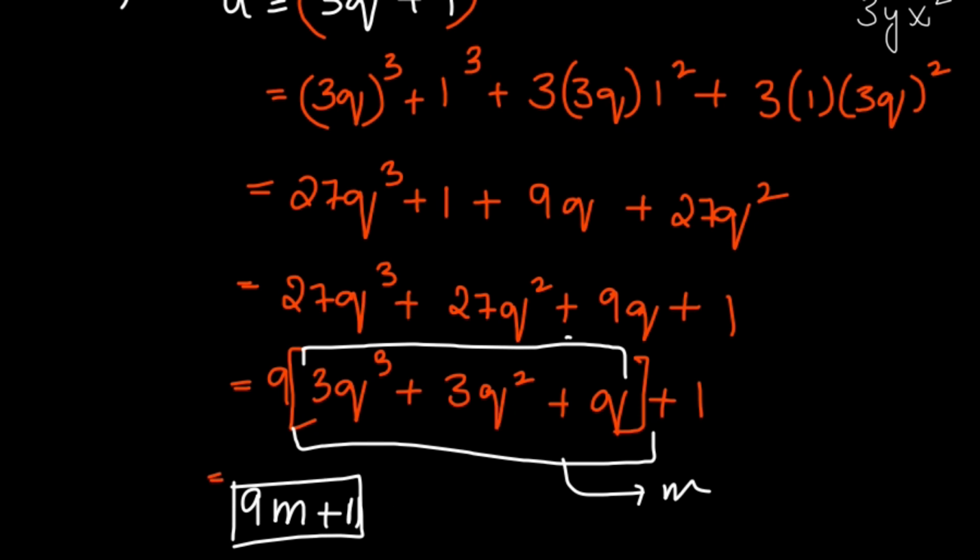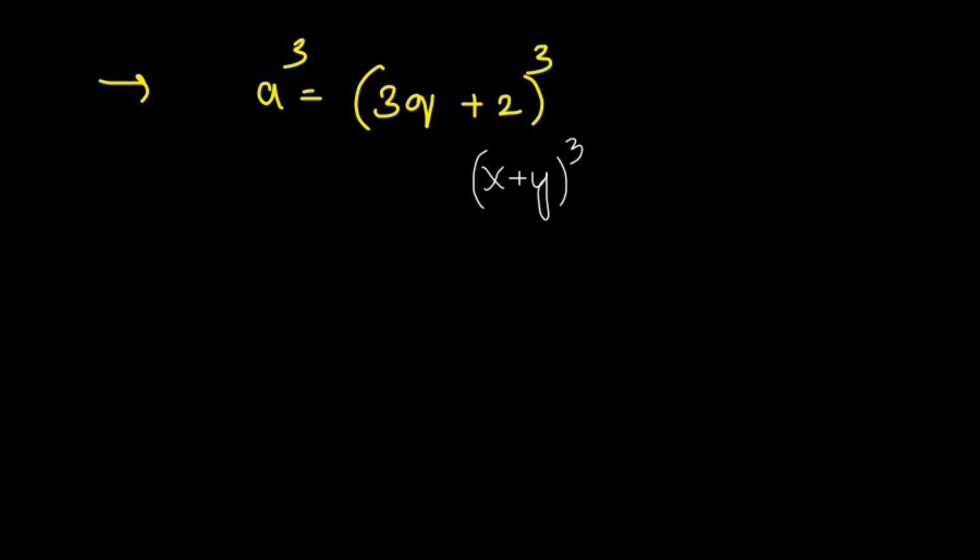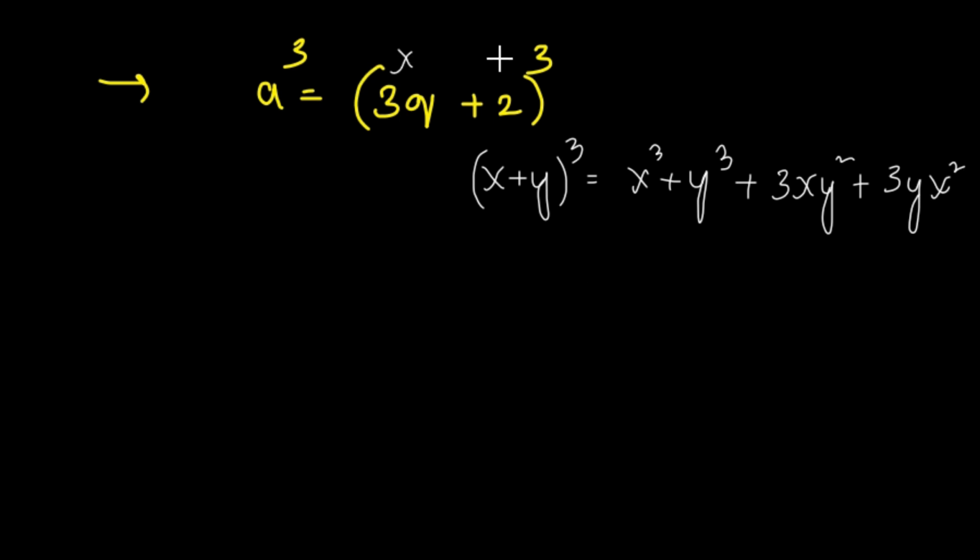Next step, a equals 3q plus 2 इसका क्यूब. Using the same formula, x plus y whole cube equals x cube plus y cube plus 3xy square plus 3yx square. This is your x, this is your y. Expanding it, we get